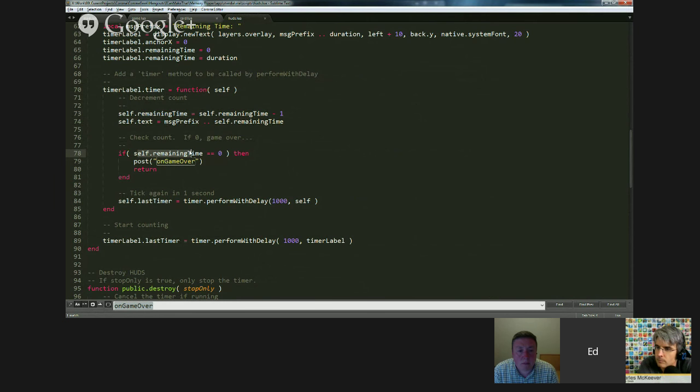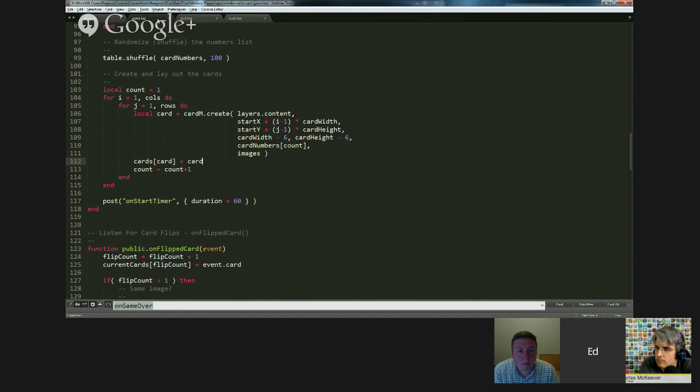Because if it gets down to 0, the game is over, and clearly you haven't cleared the board yet, because if you won, I'd stop doing my work. There's some code out here that shuts off the timer. I didn't actually show that. Assuming it's still running, and remaining time gets to 0, it's going to post the onGameOver event again, and the listener in game Lua, the same one we just looked at,